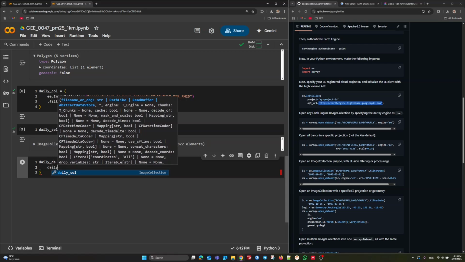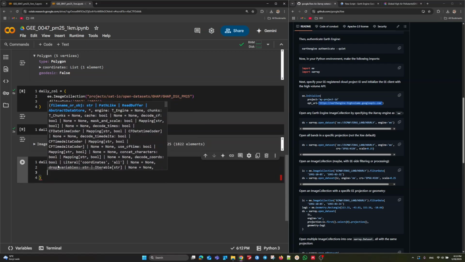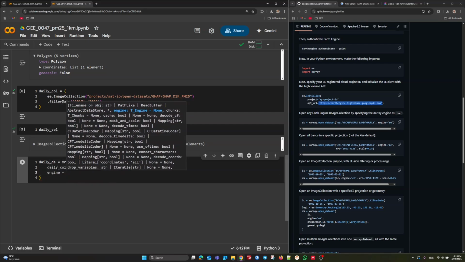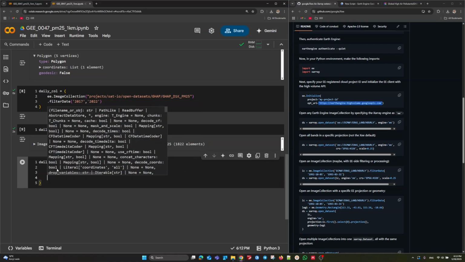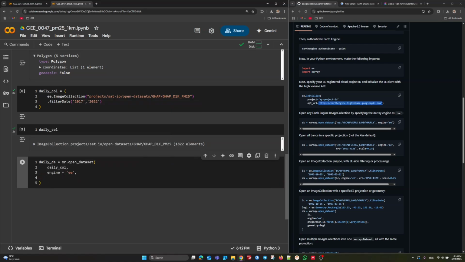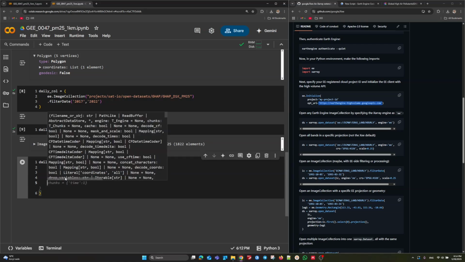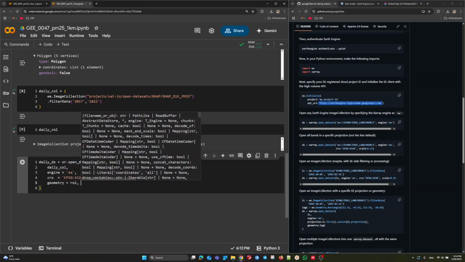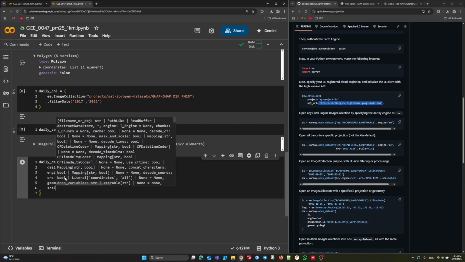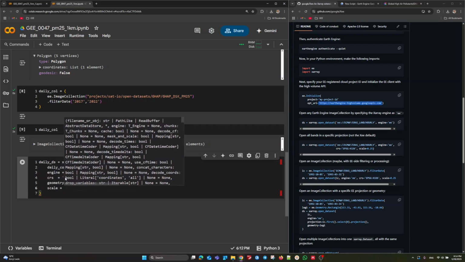I'm going to convert the daily collection into daily datasets. A couple of arguments are necessary here. For example, engine must be set to EE, CRS, EPSG 4326, and the next region of interest ROI, and scale, the pixel size, set to